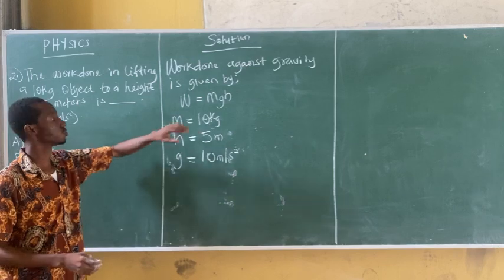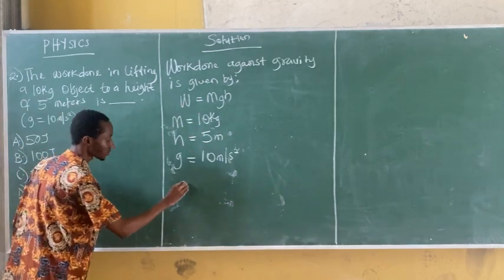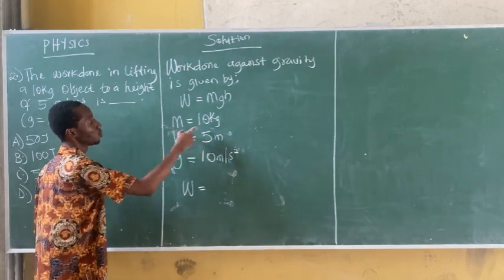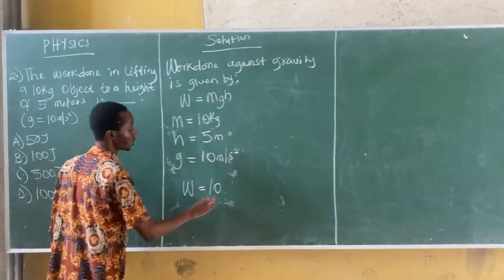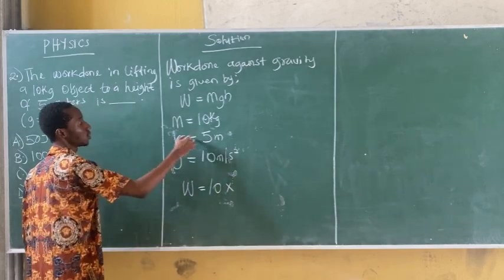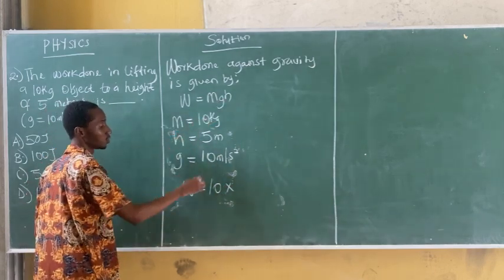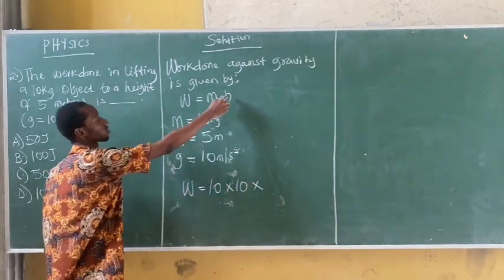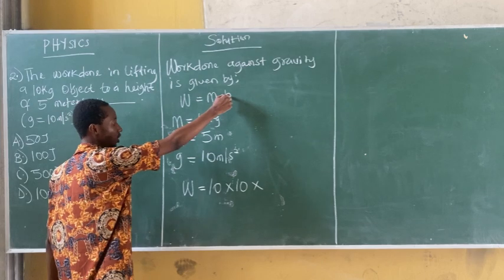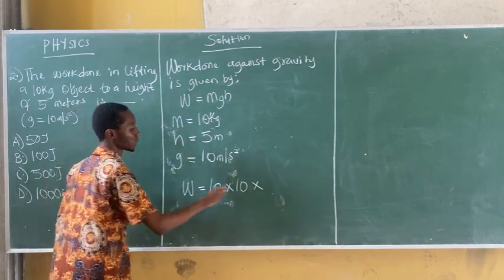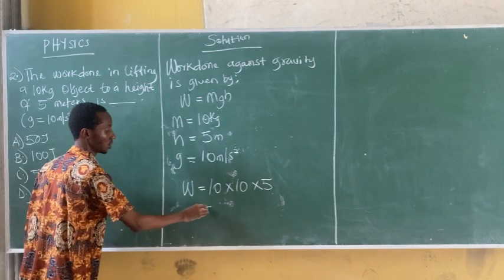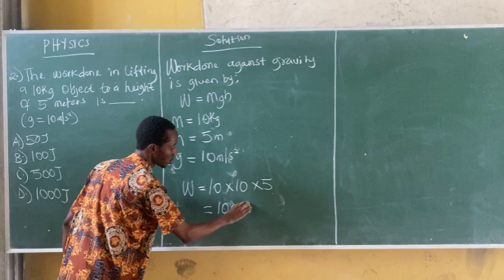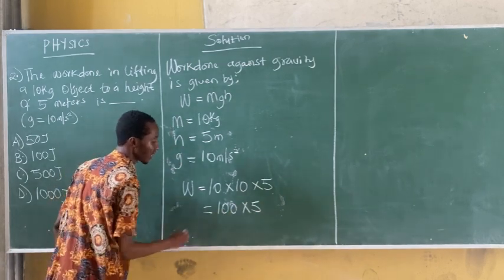Let's substitute these values into this equation. We have that W is equal to mgh. So instead of writing m, we replace it with 10 kg, times, instead of writing g, we replace it with 10 meters per second squared, times, instead of writing h, we replace it with the value for h, which is 5 meters. This will give us 10 times 10 will give us 100. 100 times 5 will give us